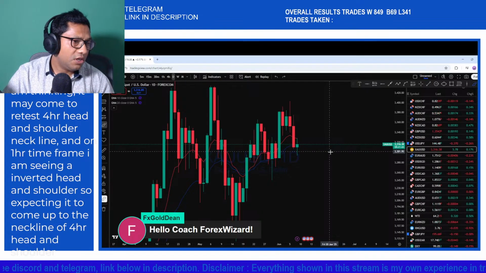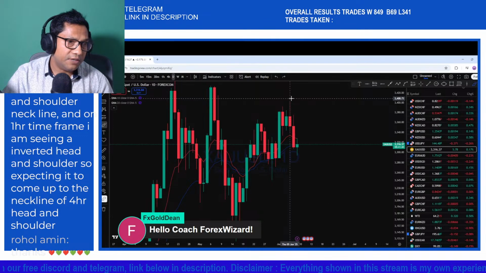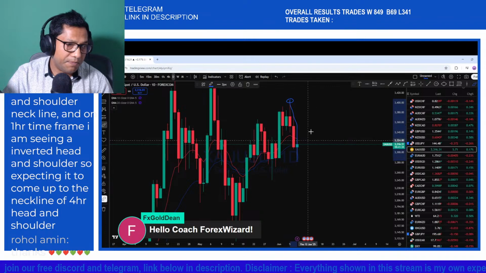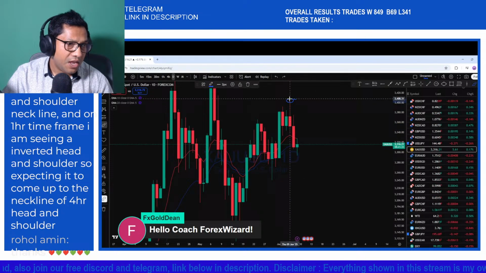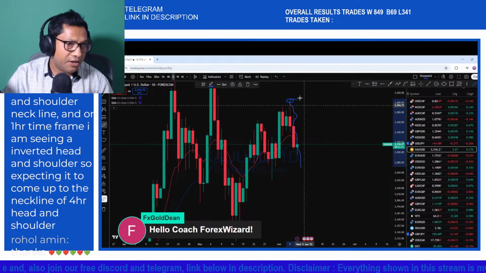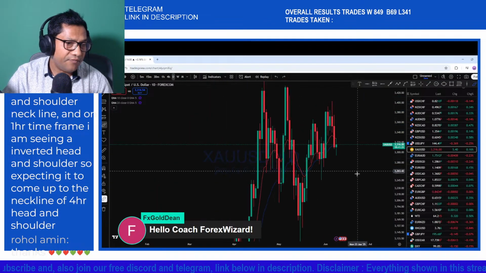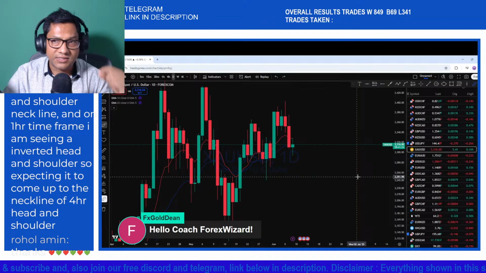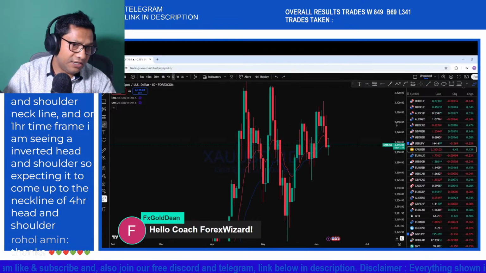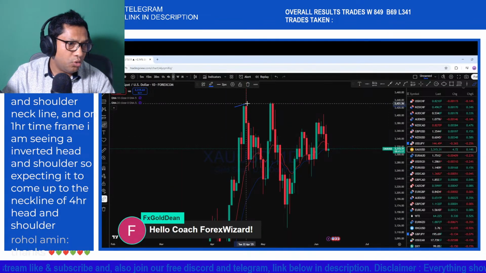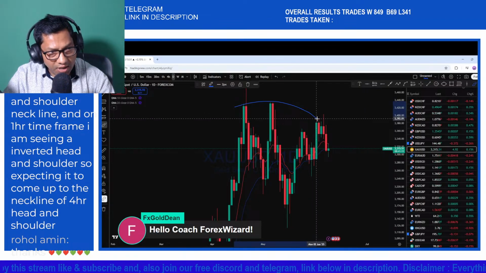Why? Because if you look at here, starting from here, what do you see? There was a pretty massive break below this resistance line on the daily time frame, and with that break on the daily, with this massive drop, it has given XAUUSD a stronger momentum as it grabbed that liquidity here. You can see it's a liquidity grab, and with this liquidity grab,